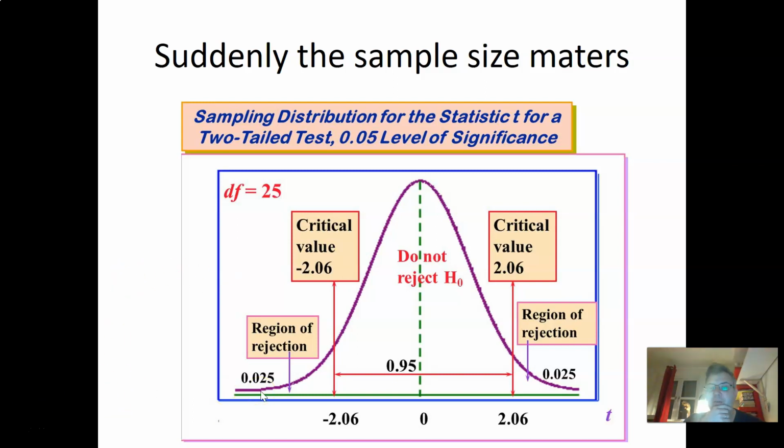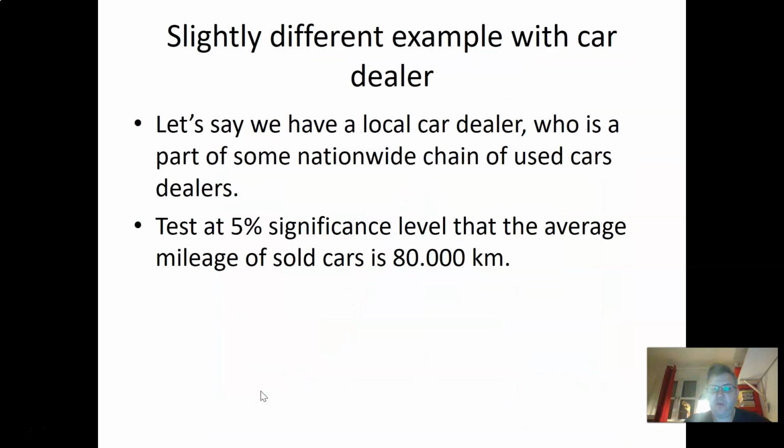But if you use the p-value, well, we're not concerned about finding the right critical value in the t-distribution. We just find the p-value with the software and compare it to a significance level. Let's do a slightly different example with a car dealer. The situation is the same. We have a car dealer that sells used cars, and now we want to test at 5% significance level that the average mileage of sold cars is 80,000